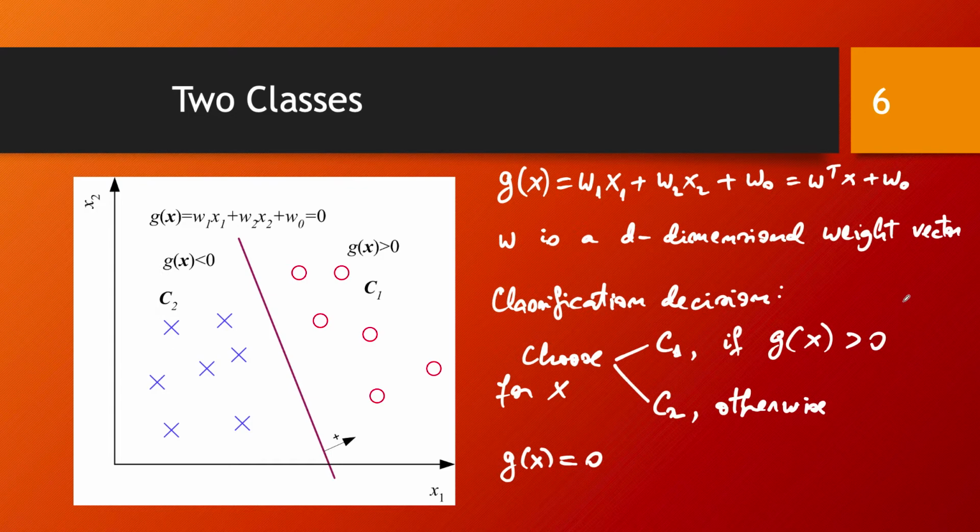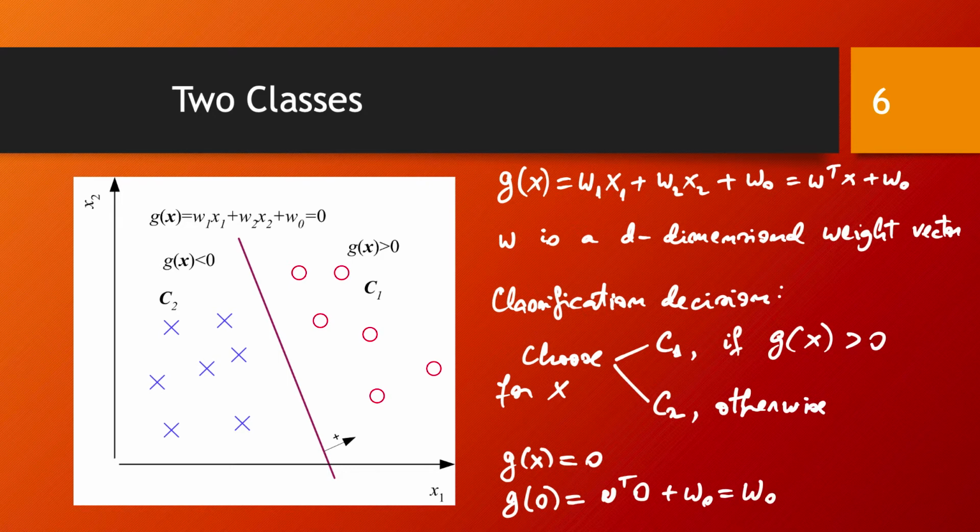One point I want to make is also about w0, what's the significance of w0, and I'm going to make this point in the following way. If we take a look at the origin, g of 0 is, according to the definition of our discriminant, w transposed times 0 plus w0. And so this is obviously equal to w0.